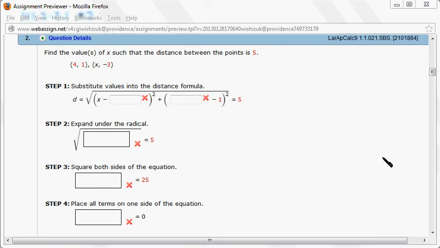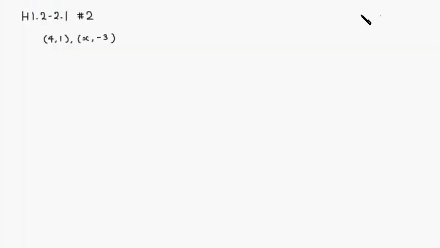Okay, let's go over homework 1.2, 2.1, number 2. All right, so what we want to do is find the x value so that the distance between these 2 points is going to be equal to 5. All right, so let's bring out the paper. Alright, so let's find the distance between these two. So using the distance formula, distance D is going to be square root of,